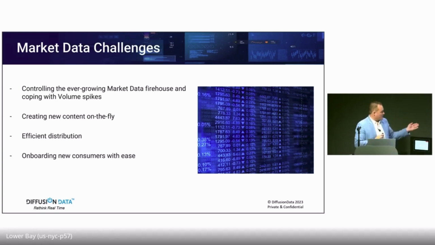We have mentioned the efficient distribution of our compressed deltas, and then we can bring on new consumers with ease. So we can integrate with any role-based access control system. We've integrated with Kerberos, OAuth. I recently did one for JWTs. We can integrate with EMRS. We can integrate with DAX and so forth as well. So our customers manage all of their users in one place. We just talk to their system.